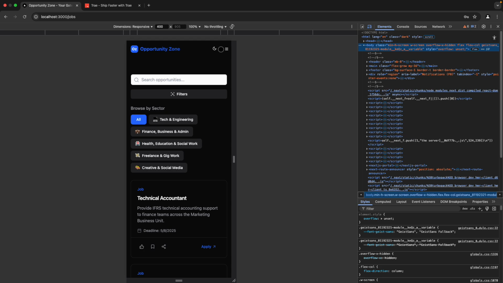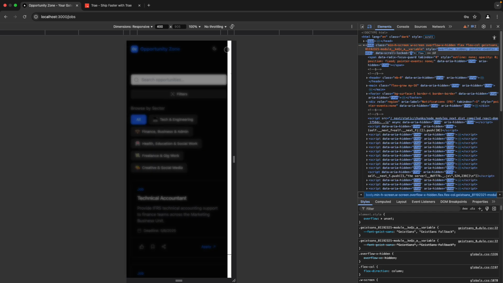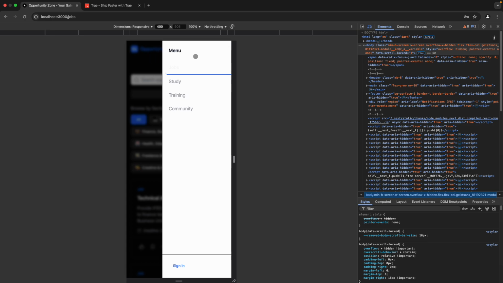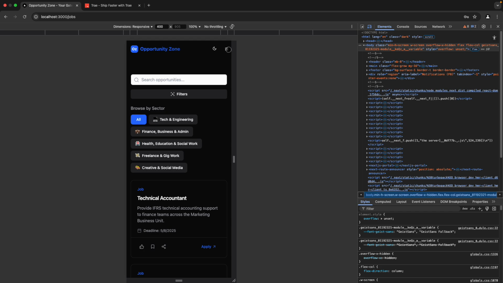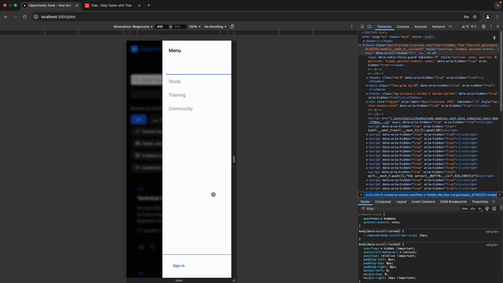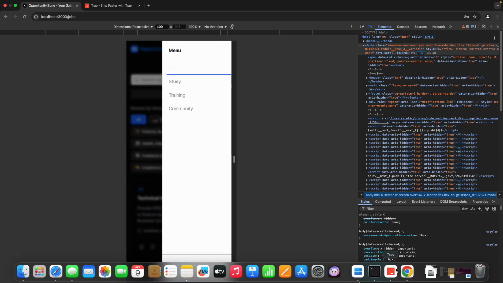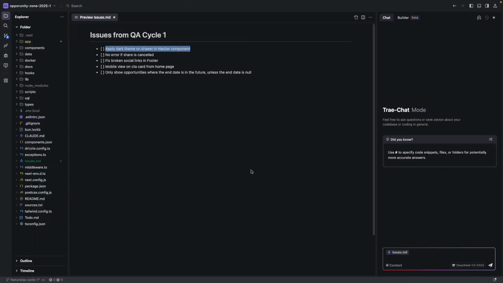So you will see that if I switch to the mobile view by pressing F12 on Chrome, I can see how my app will look on a mobile phone, and the menu, as you can see, is collapsed. I can open it up like this, and you will see here that although the main page is in dark mode, this side menu here is not. So that is the bug that we want to fix with Trae. Right, so